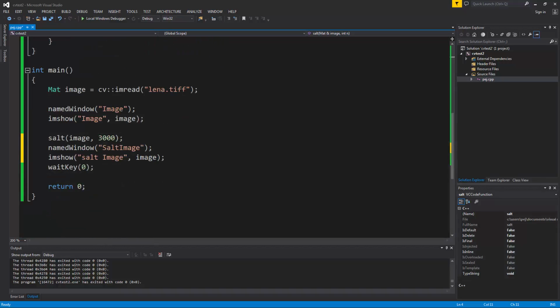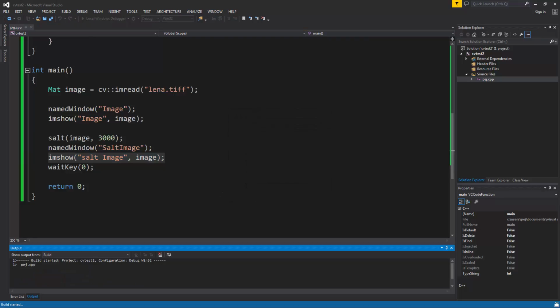Okay, then in the main part of the code, we can call the function salt with the input image that we have here, and we need, for example, 3000 white dots in our image. So when we call it, as a result, we have a new image, and with that new image we have some white dots. Okay, we have to create a new window to show the new image, and we can use waitKey to wait for us to press any button. If we run this code,